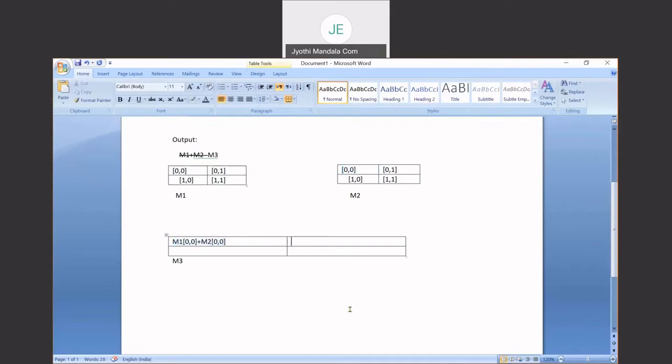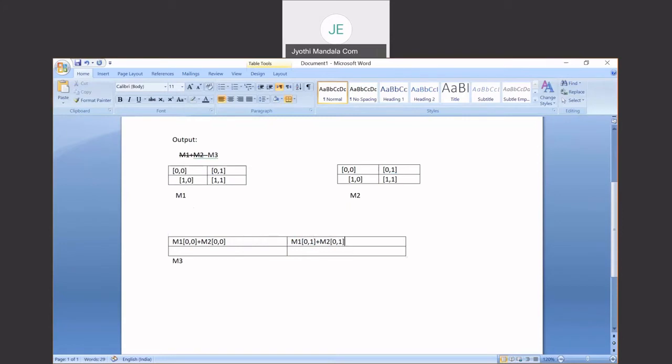Can you tell me how this value can be derived? So M1 of this value and this value. What is that? M1 of 0 comma 1 plus M2 of 0 comma 1.